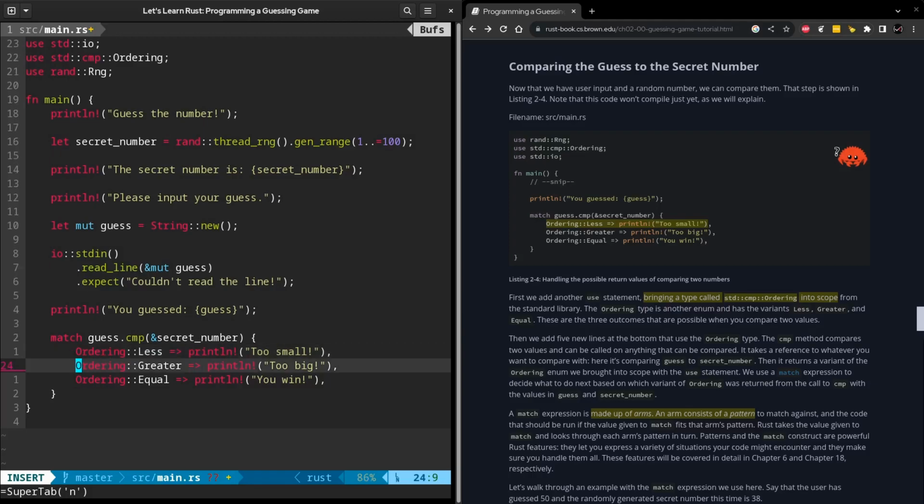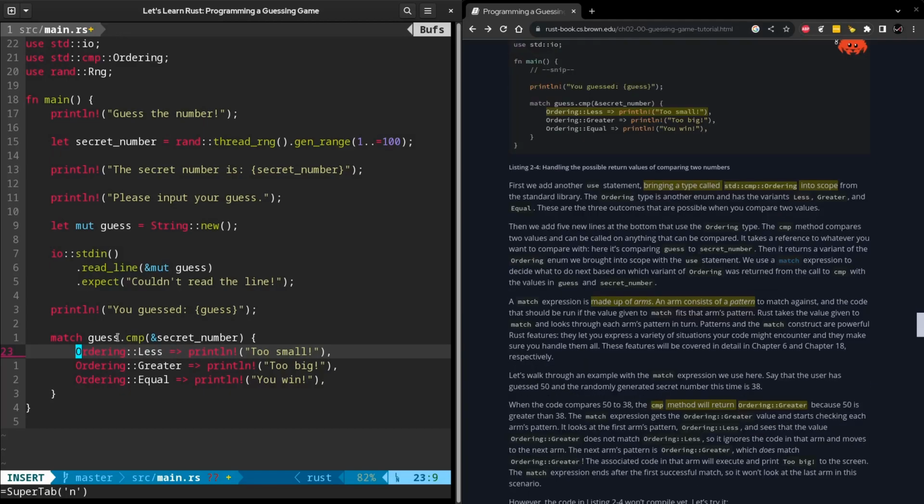So these three next lines are what's known as match arms, and they consist of a comparison expression and then the expression to execute if the comparison matches. And it's going to go from top to bottom here. So the first one to match is what it's going to execute. Now, Ordering itself is another enum, meaning that these Less, Greater, and Equal states that it has are variants. Much like we saw with the Result before, with its Ok and Err variants, these are made available for our comparison to match against. So while this might look a bit intimidating at first, it's really not all that difficult,